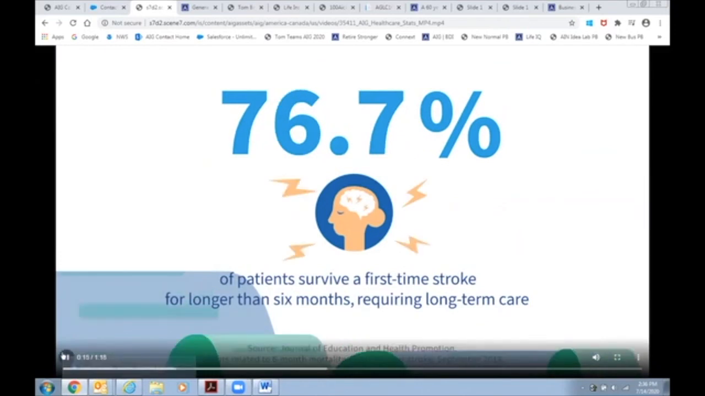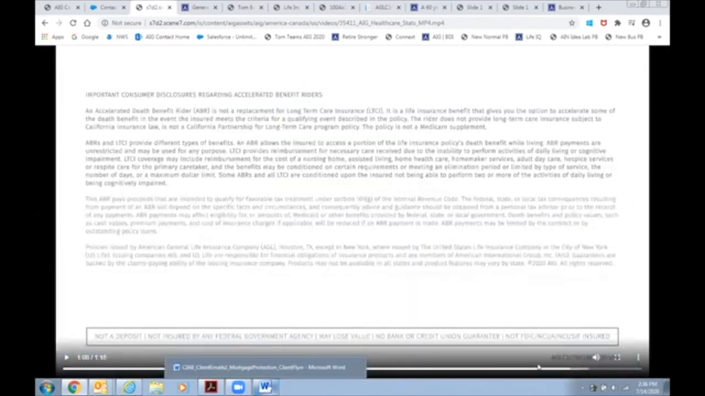So they're just little videos that you can clip that walk through all the different stats. So here's 76.7% of patients survive a first-time stroke. And then at the end, as it kind of wraps it up, well, not before the disclaimer,